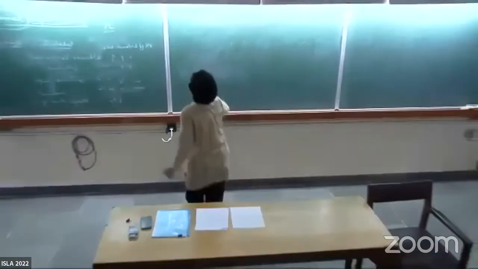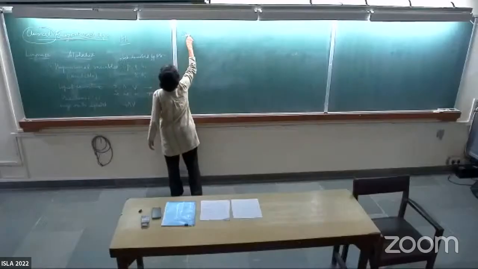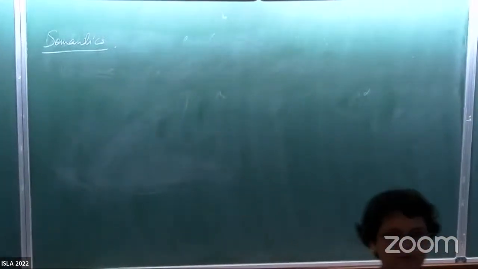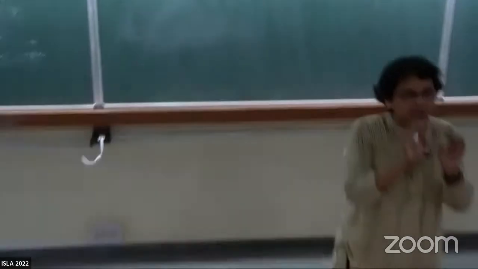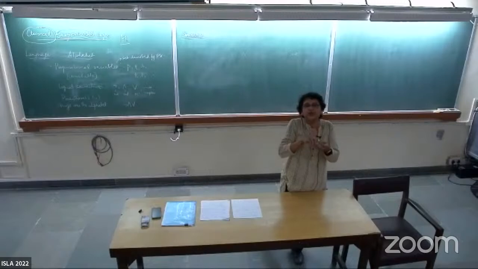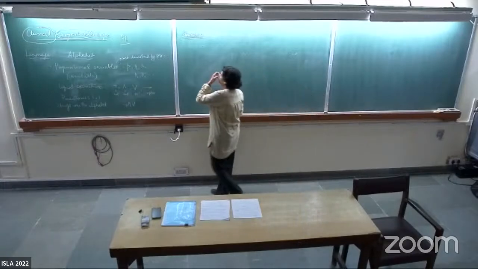In other words, what is the semantics? We've already alluded to it, that a statement will be either true or false. This is what's called semantics. That is, you are passing on from the syntax. Syntax means, strictly speaking, the language. So the symbols, the well-formed formulae, that's just syntax without any meaning. When you ascribe meaning to it, that's when you are passing on to the semantics. All right, so let's move to that.